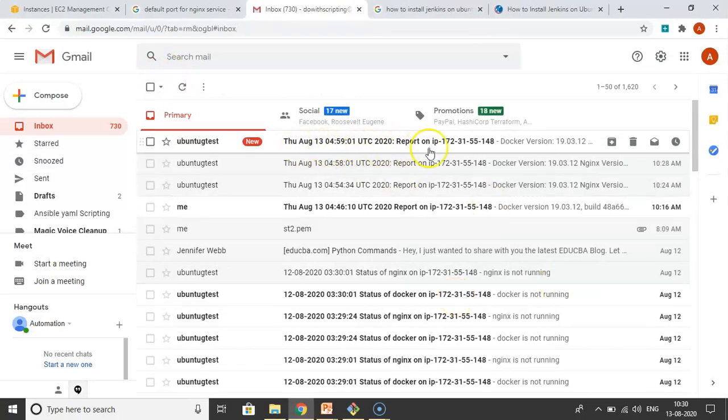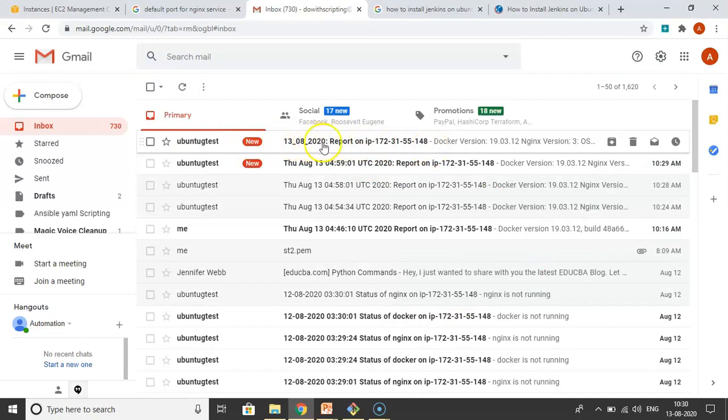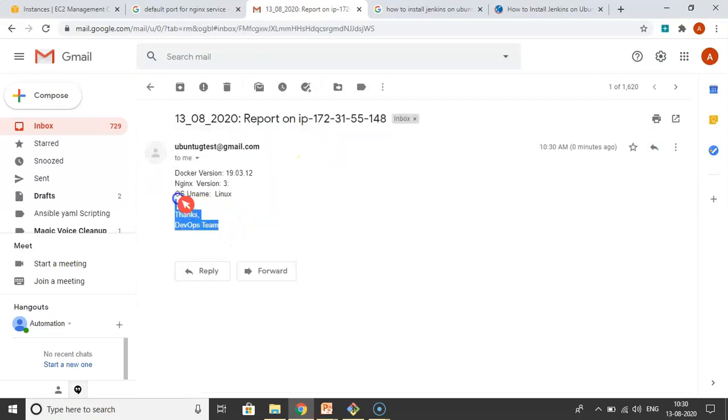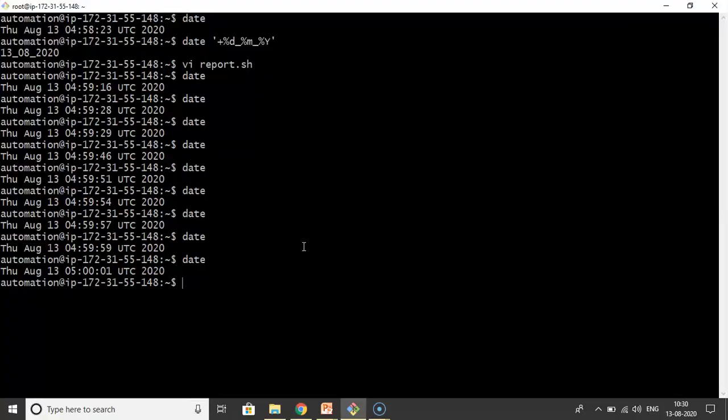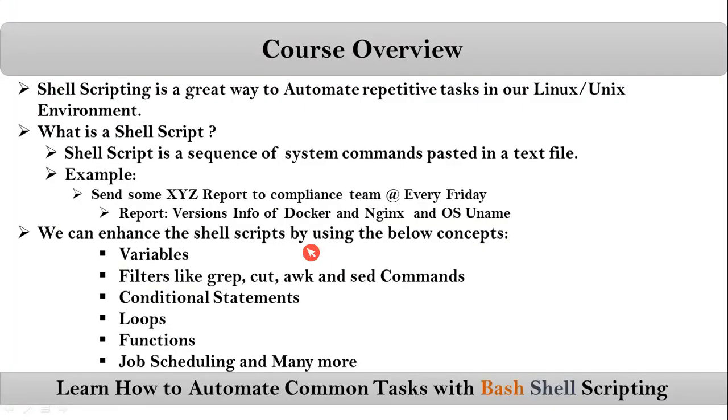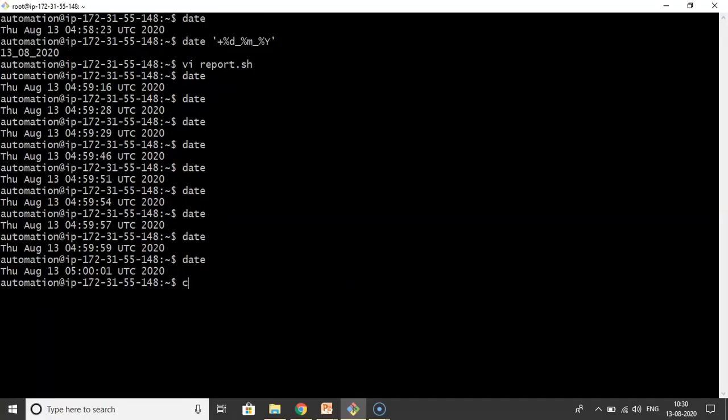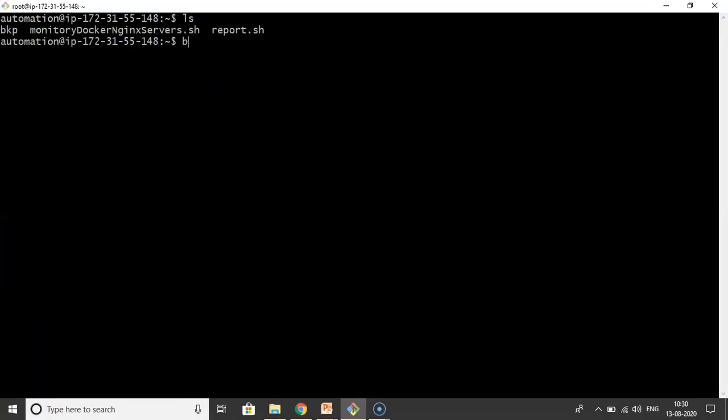See that? You got the latest mail here. Open that. Now see, in this way we can automate our task end to end using shell scripting. For that, we have to know some concepts of scripting. And one more thing, whenever you run any command or script, it reaches your operating system through a program called the shell. And we have different types of shells with Unix or Linux systems.